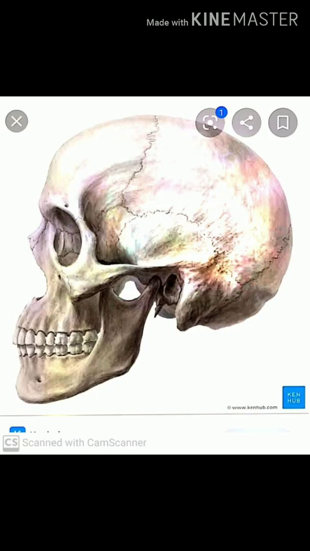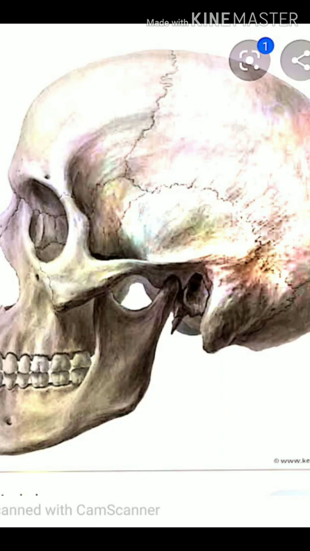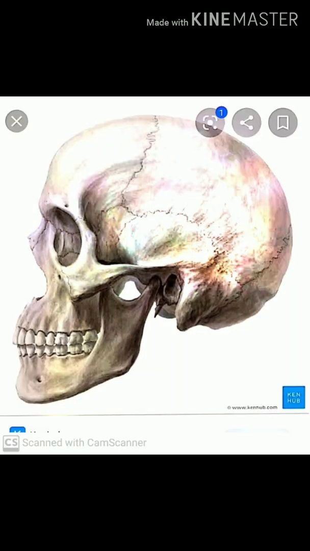Now first see skull. A skull is the hardest part of the body that protects the brain. The bones in the skull are fixed, means fixed joints are found except the lower jaw. Only the lower jaw moves, up and down. The mobile lower jaw enables us to talk and eat.